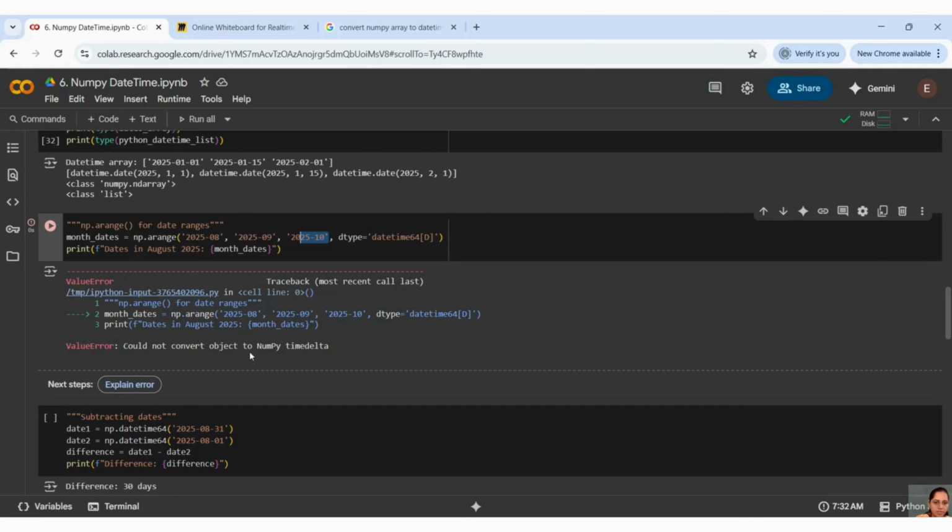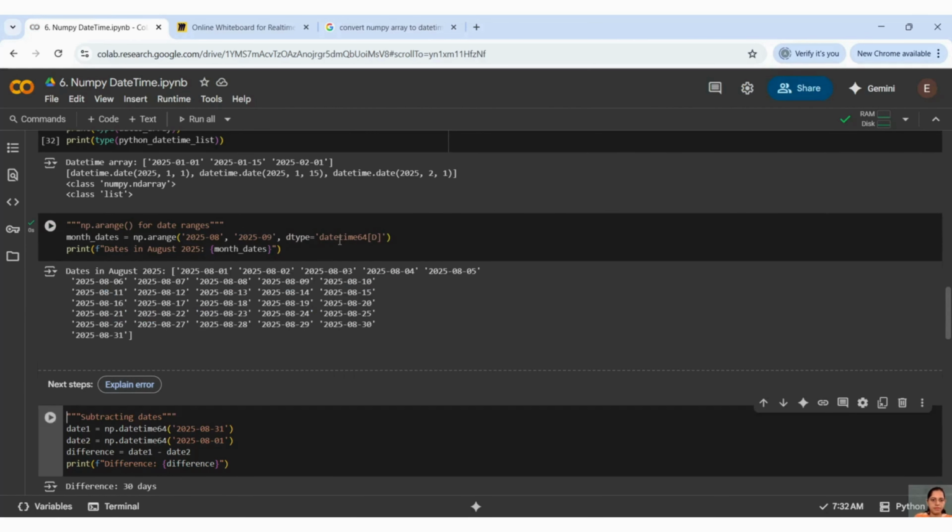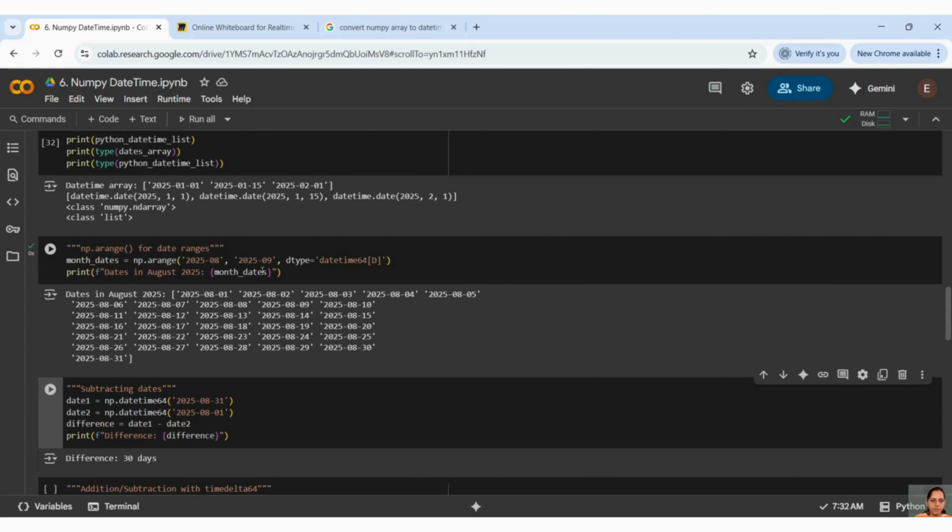Could not convert object to numpy timedelta. Okay, that's a future month. Maybe that's why it is not giving me output. Okay, so what exactly is happening here?